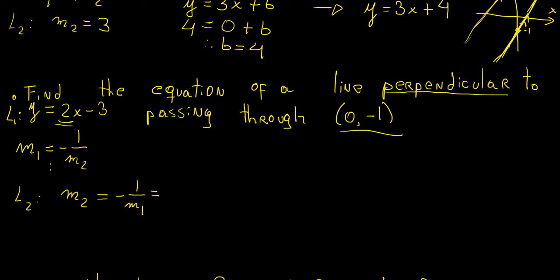And what's the gradient of this? Well, that's 2, right? So we're just going to write -1/2. And that's going to be the gradient of that line perpendicular to it. So we can write the equation y equals -1/2